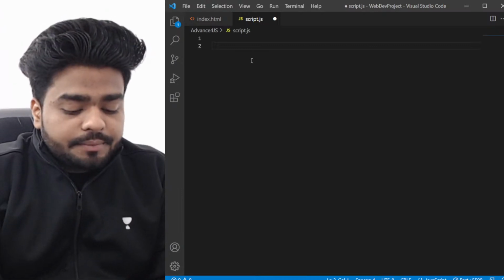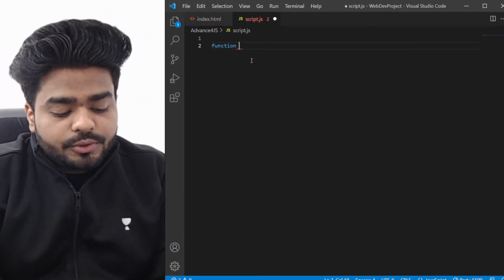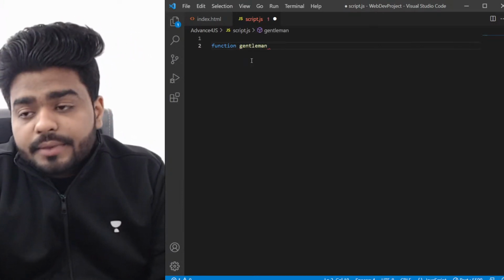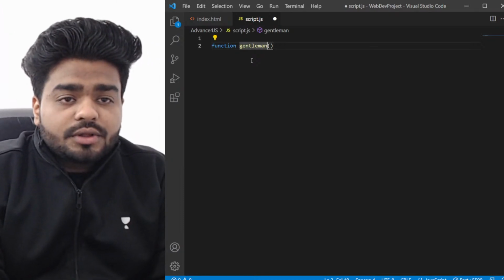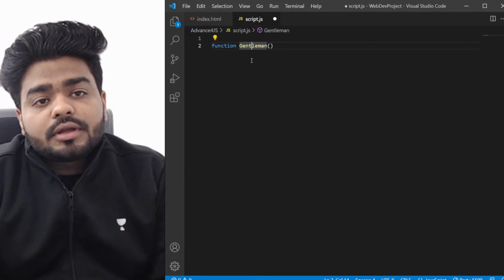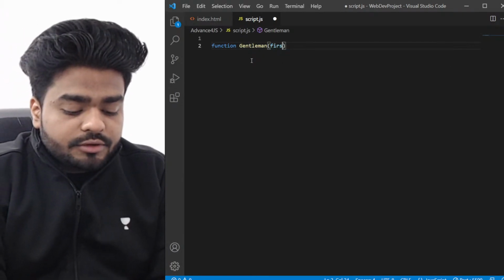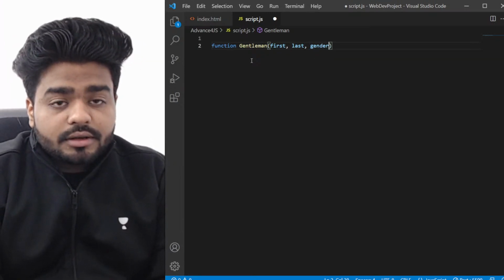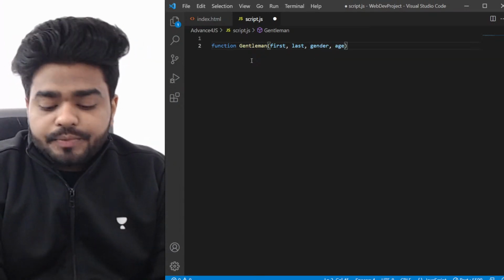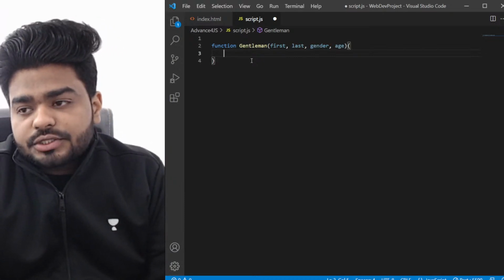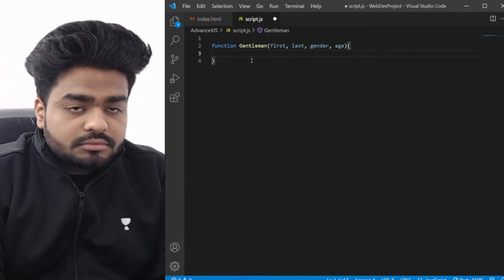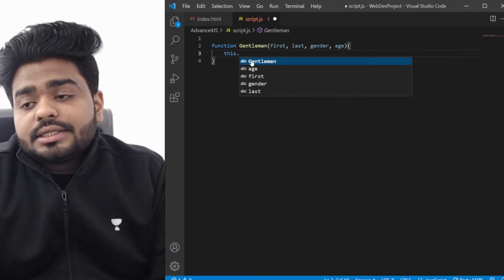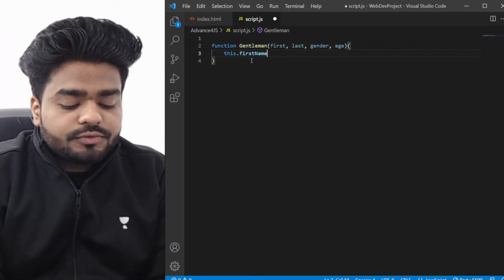So here I'm creating a function. Let's say I'm going to create a function as Gentleman. Okay. And I'm going to just write here because it's a function. So let me give here capital G, and I'm just going to write here first, let's say last, let's say gender, let's say age. Okay, and because this is the function, so I'm going to just give some values to it. So these values I'm using this keyword, and I'm just giving here first name equal to